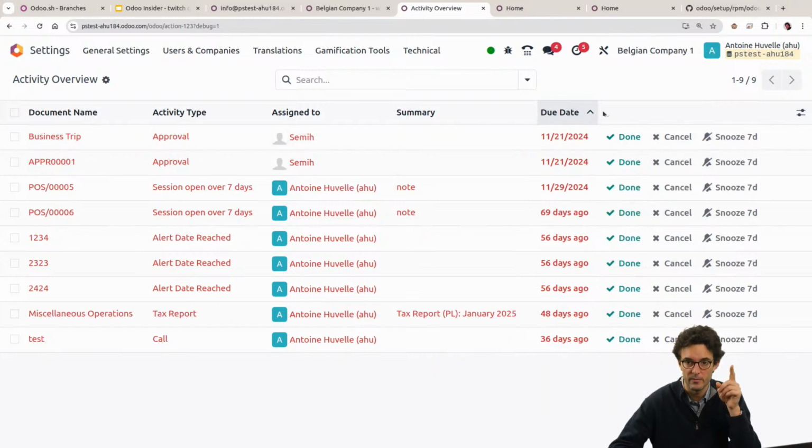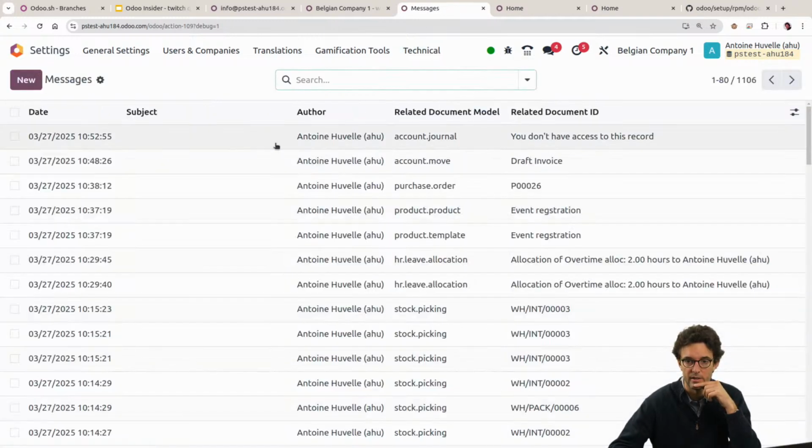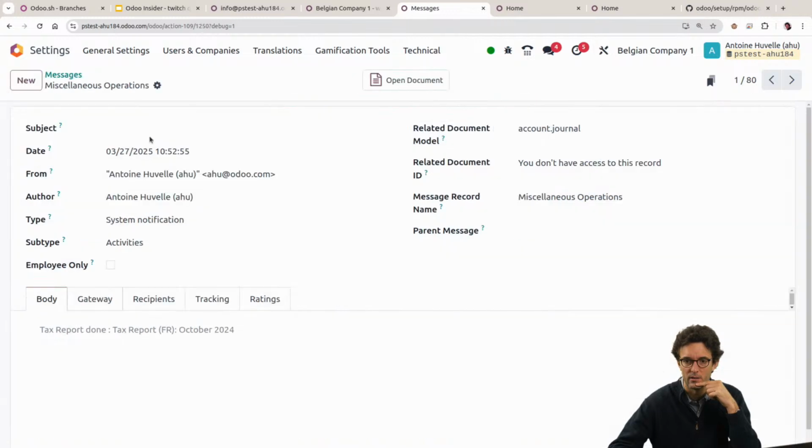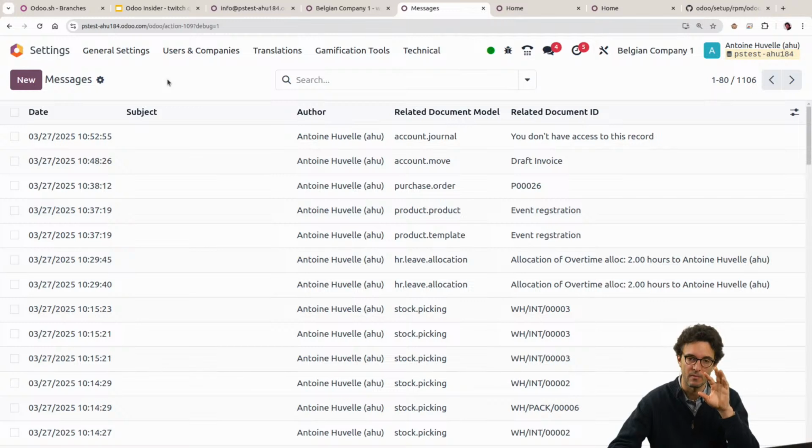I'm going to say done, so that you see its impact also, because once it's done in terms of activities, it goes in the messages. And you would see it here. I don't know if it will be at the date of today. Is it here? Yeah, tax report done. So that's the last one I did just now. This one is what I created because I validated an activity. That is just smart use of the chatter and the activities. If you need to go further than this, and you need to have logs that are a bit more complex,